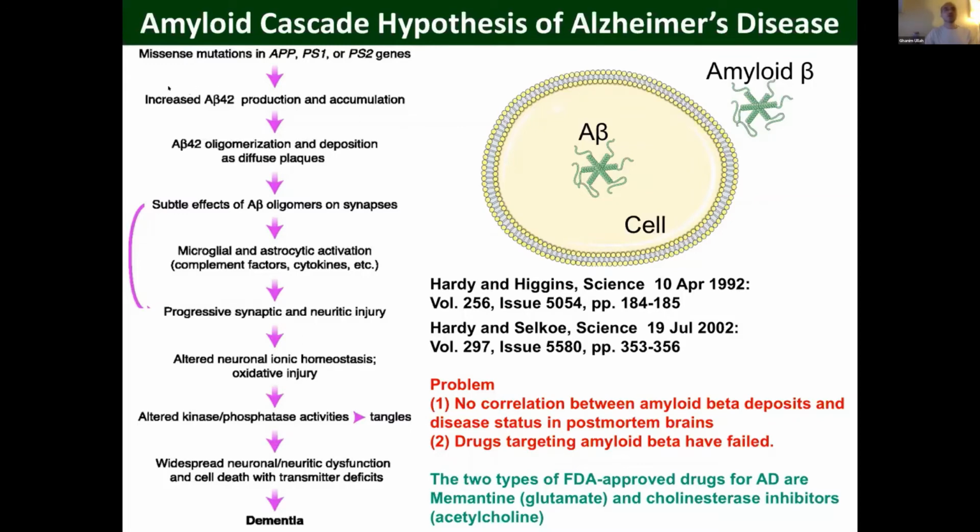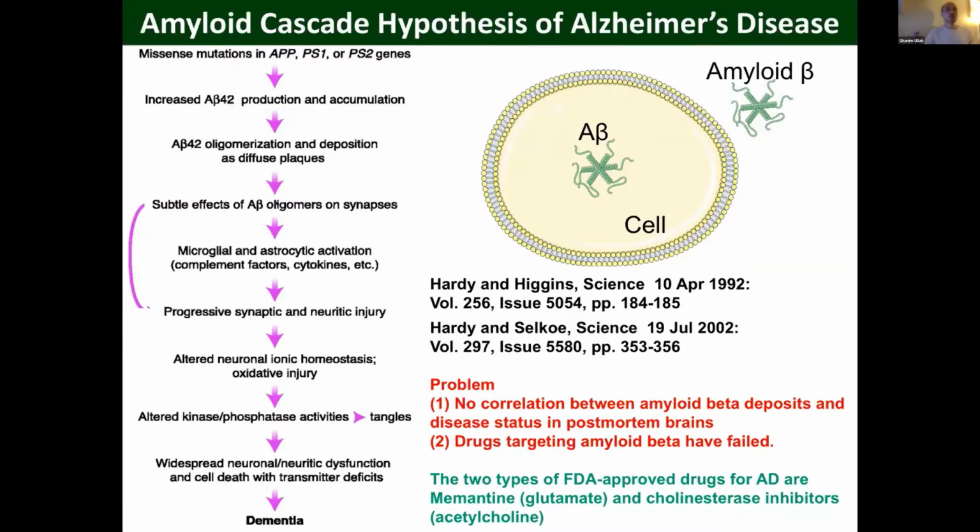The chain of events in genetic Alzheimer's disease, for example: there are mutations in three different proteins, amyloid precursor protein and presenilin 1 and 2, that lead to increased production of amyloid beta, which leads to aggregation of amyloid beta. Amyloid beta 42, the 42 amino acid type, is the most toxic one, but there are others like amyloid 40, 41, and 43. They all have some level of toxicity.